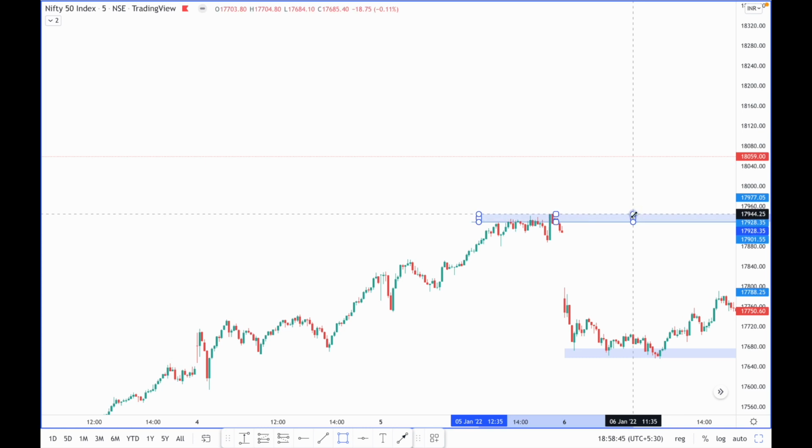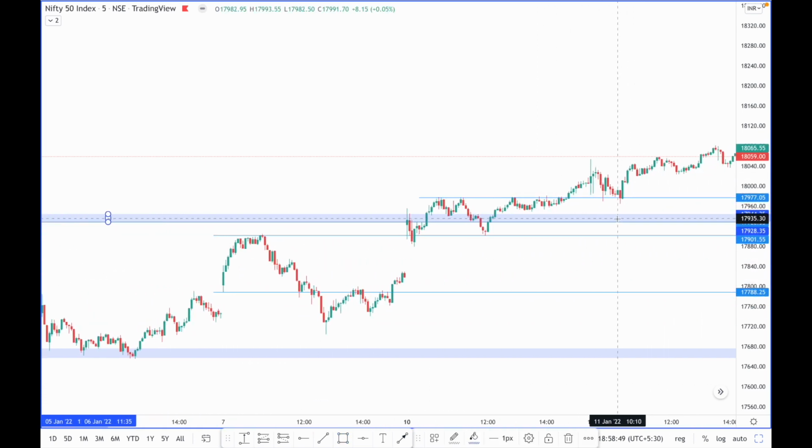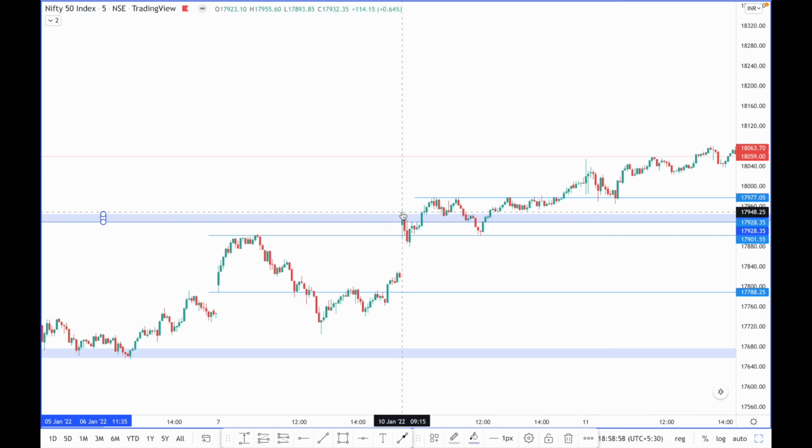From the same line, we can mark a zone like this. And now let's see how price reacts to that level. You can see here is the 10th of Jan, and price opened at the same level here and took resistance here with these candles. It went down, it took support at this level here,